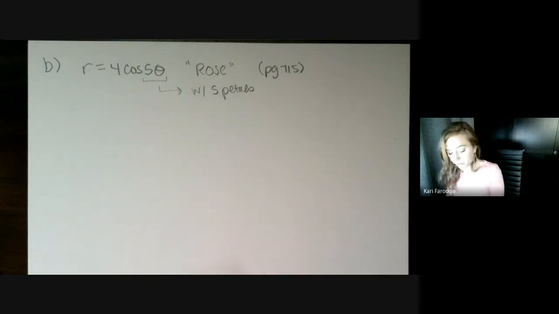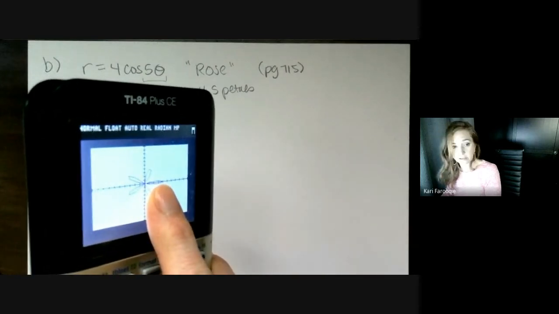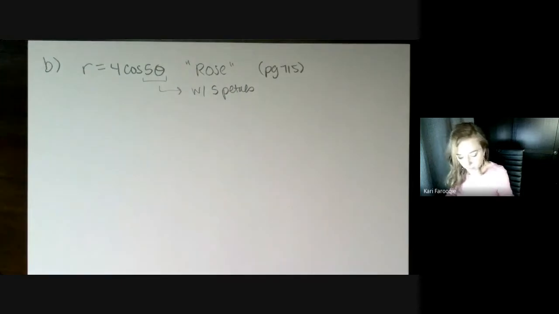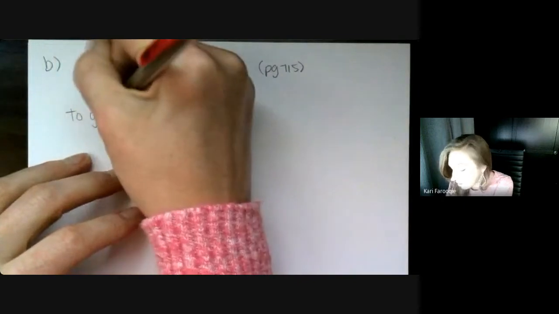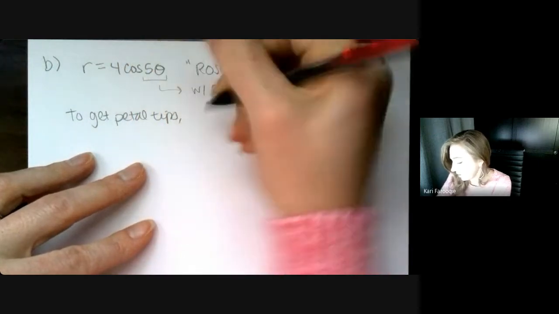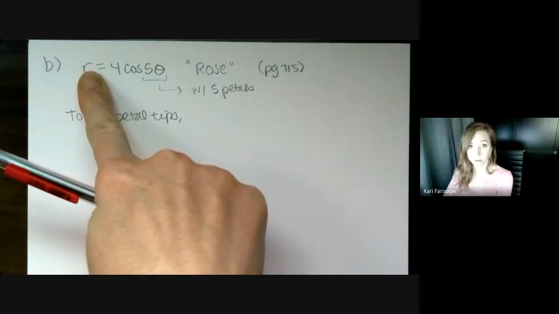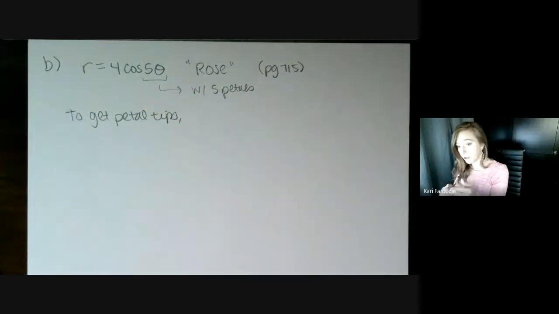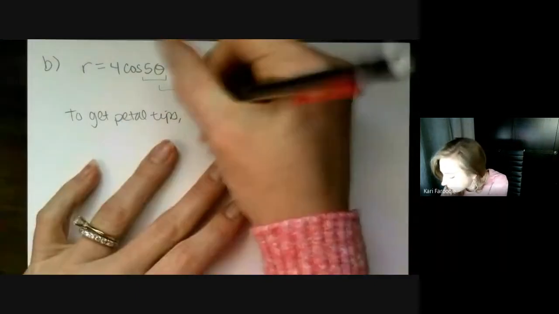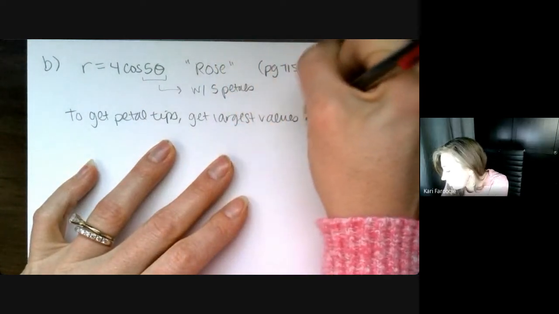All right, now you can see from the picture on the graphing calculator that one of those petals goes all the way out, and that's at theta equals 0. So what I'm going to ask you to find first is the petal tips, because like I said, those are not going to come out with your special angles. So the petal tips are going to happen when R is the greatest value that it can possibly be. Because remember, you want to go all the way out as far as you can in order to get that petal tip. And that's going to be the largest R you can find. Get largest values possible